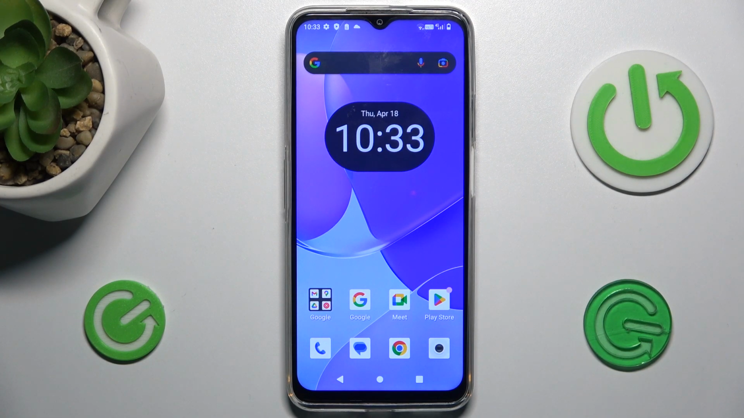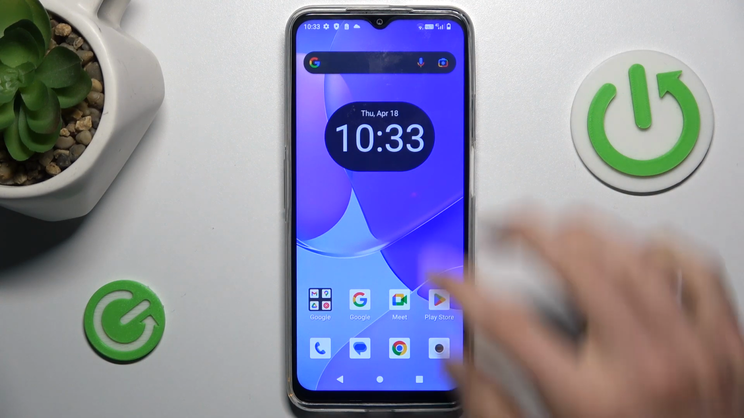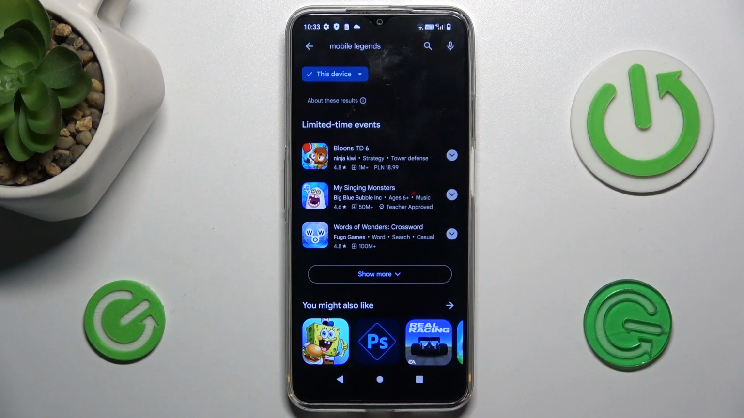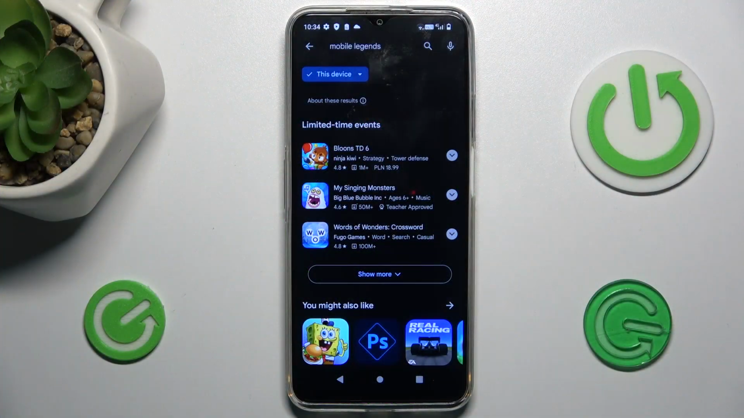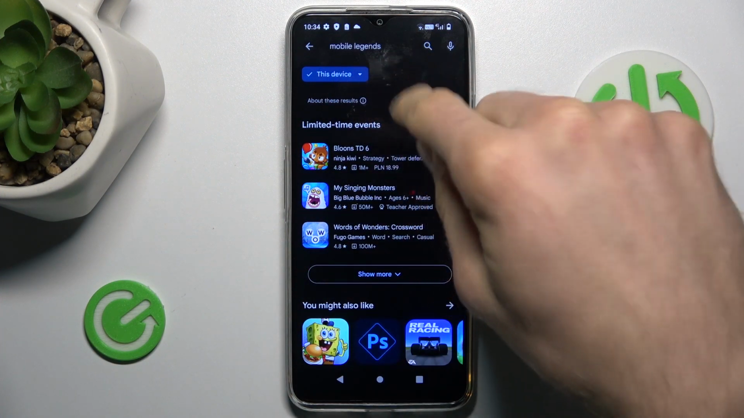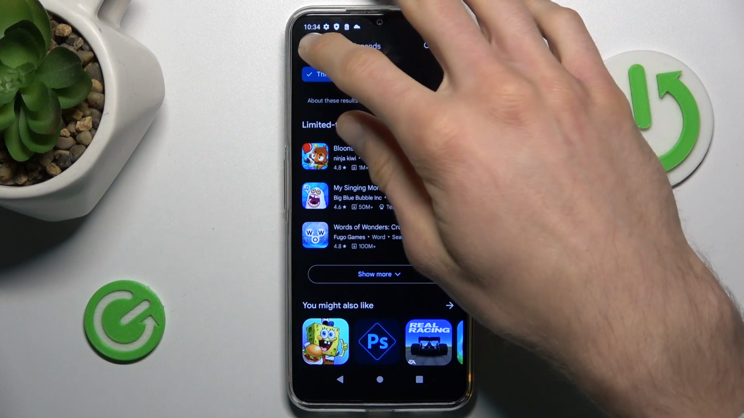Today I have CUBOT P80 Pro and I want to show you how to fix the problem when your game or application is not visible on your Google Play Store, as in my situation. When you try to search for your game, such as Mobile Legends, and you can't find it, we must go back to